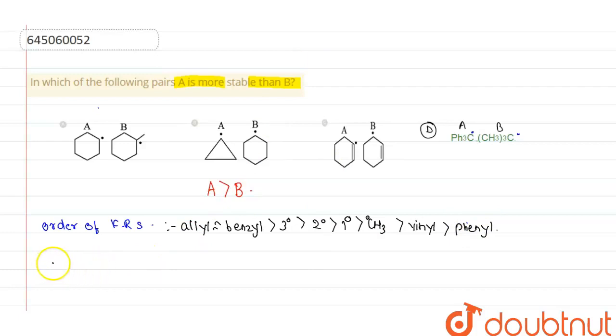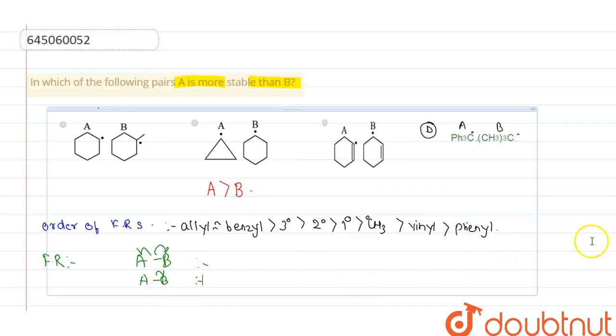Now free radicals are formed either by homolytic or heterolytic cleavage. Considering this A-B, when the electron pair is shared between both the atoms equally, then it is homolytic, and when the electrons are taken by one atom only, then it is heterolytic cleavage.